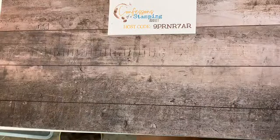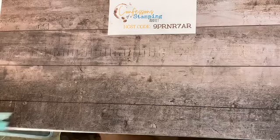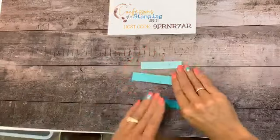Now, the next thing we're going to do is cut out a bunch of strips, and I wrote them down,